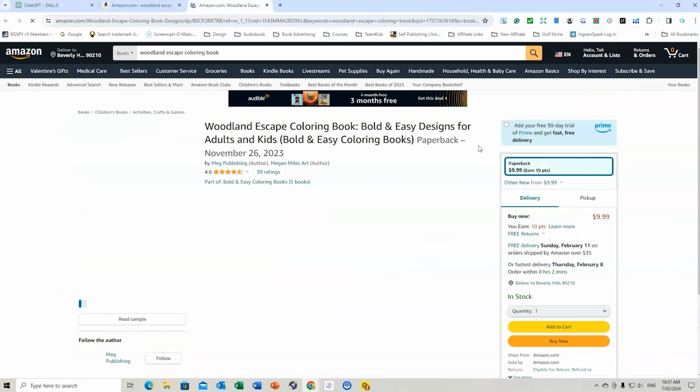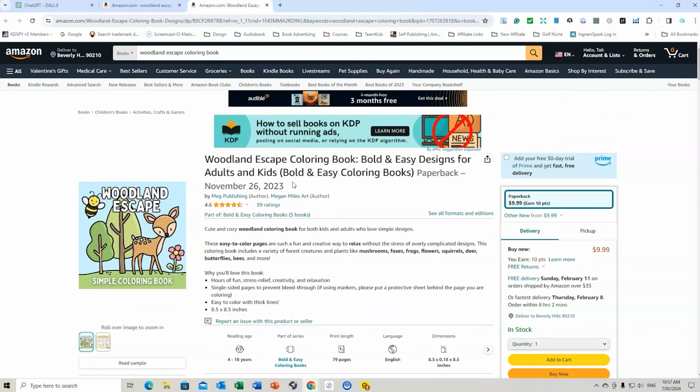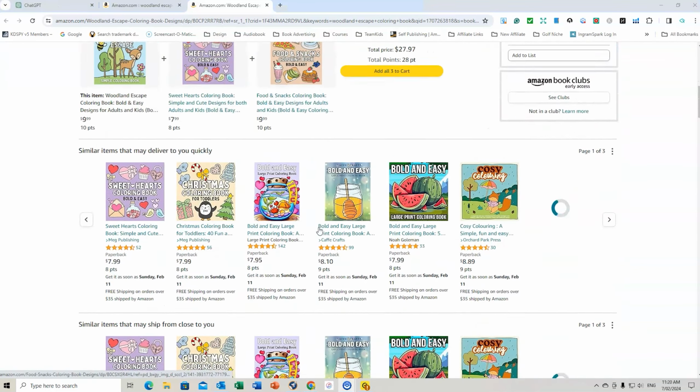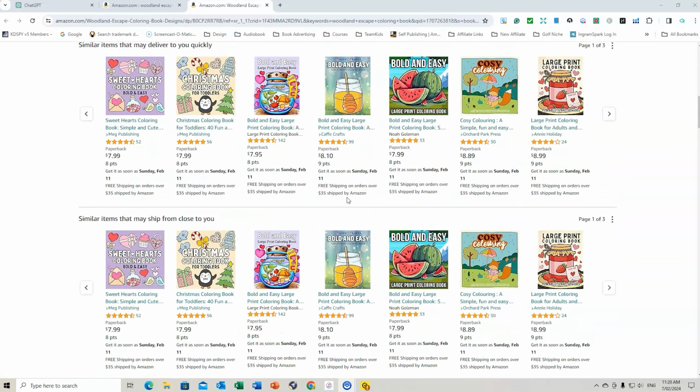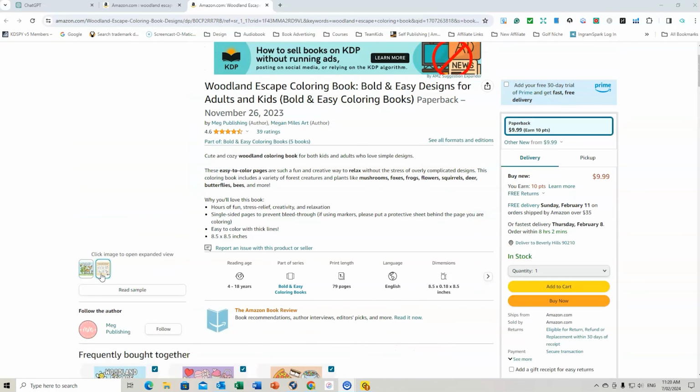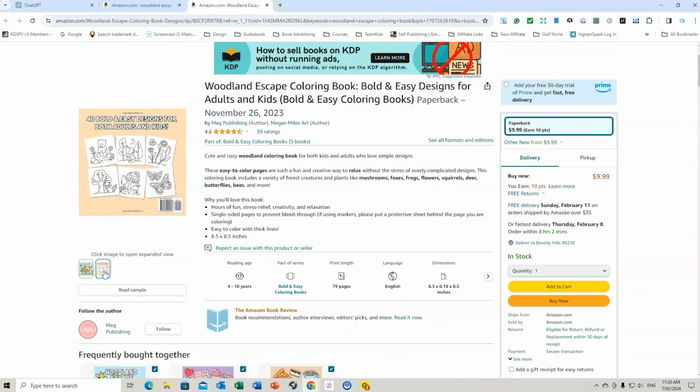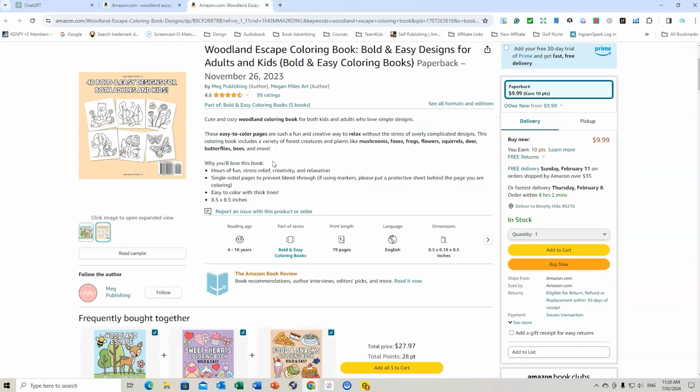We can check on that book there, and if we scroll down a little bit, we can see ranked at 1,465. And it's a simple woodland colouring book. So Woodland Escape colouring book, bold and easy designs for adults and kids. And you can see how easy these are as well. So there's not much to this one. So these easy to colour pages are fun and creative. Okay, so what you can do, you could use